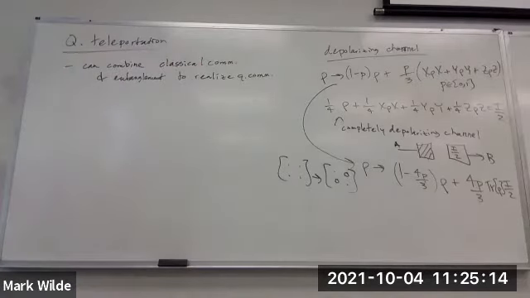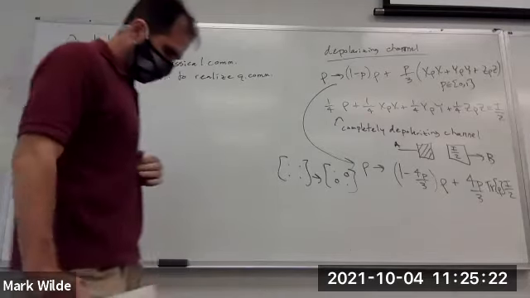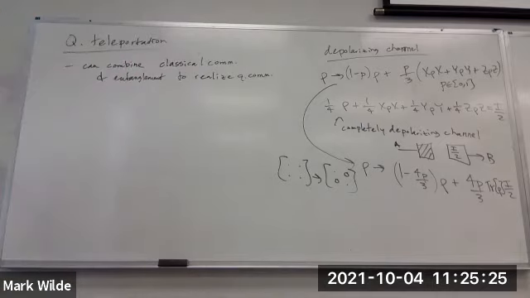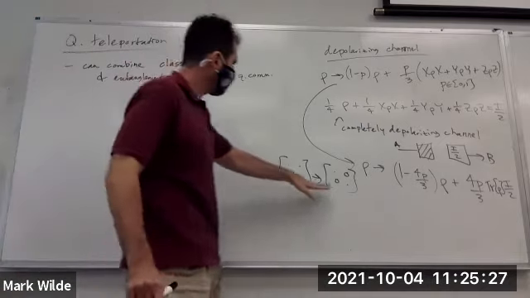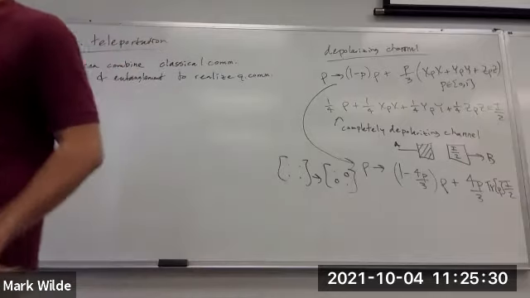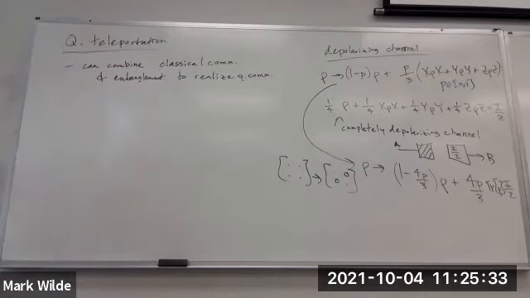So can we know if a channel is classical or quantum? Is there any way to classify a channel as classical or quantum? That's an interesting question. So I'm writing a classical channel like this. It's one way of doing it, where there's a preferred basis that is preserved, and all the off-diagonal elements with respect to that basis are gone. That's one way of defining it. Another, more general way is to say a channel is classical if it's entanglement breaking. I don't think we've talked about that yet, but